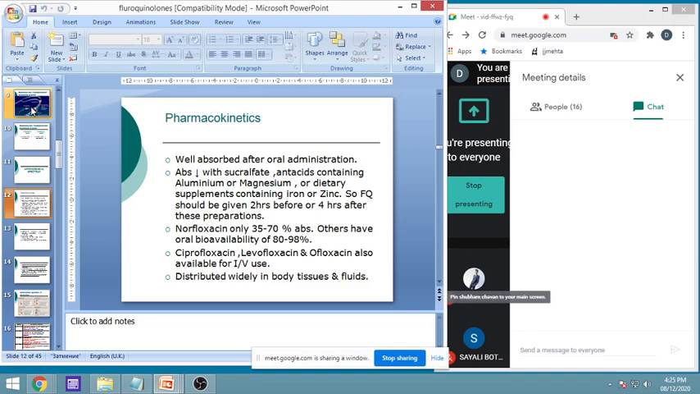Norfloxacin is only 30 to 75% absorbed, and others have bioavailability of 80 to 90%. Now one more important thing: the drugs which have less absorption from the GIT. What can be their consequences if the drug is less absorbed? That means the drug will remain in the GIT. It will reach the colon. So those drugs which are not completely absorbed have more chances of destroying the microbial flora,